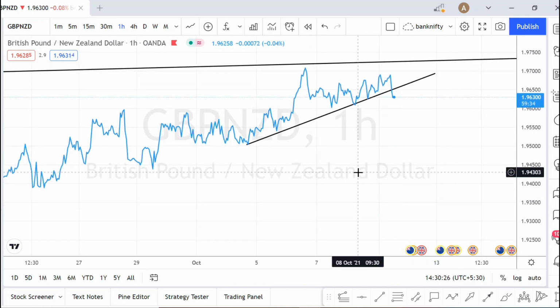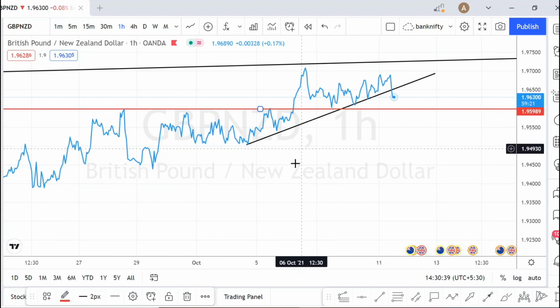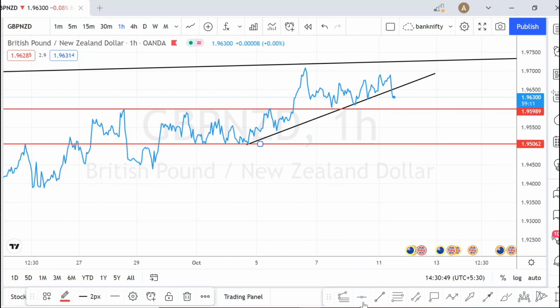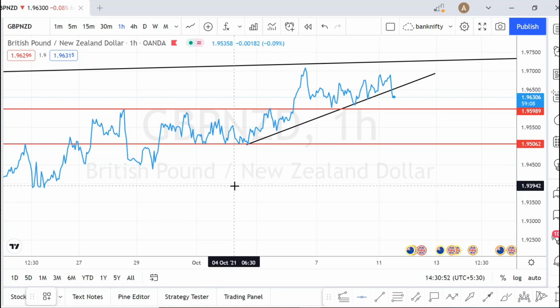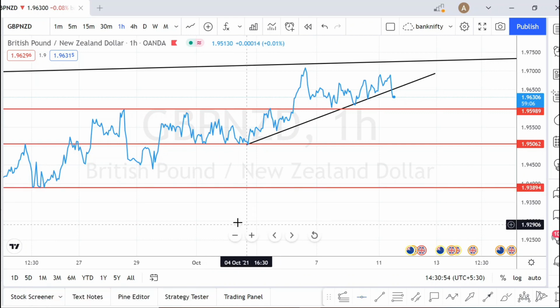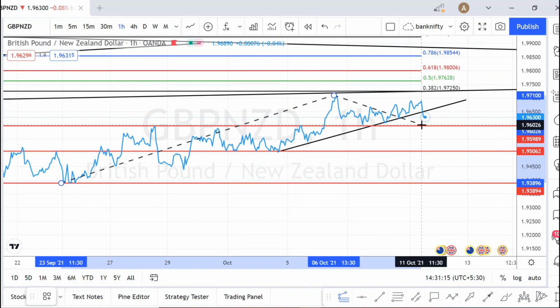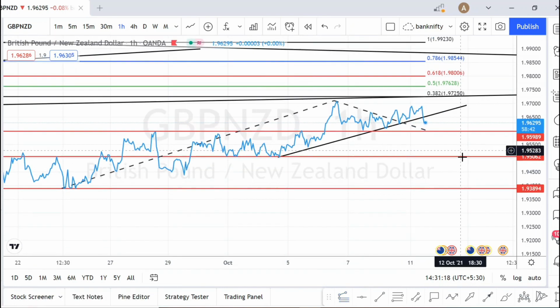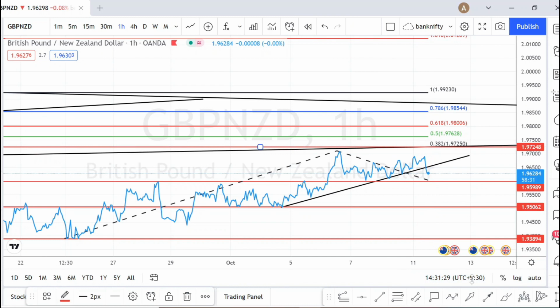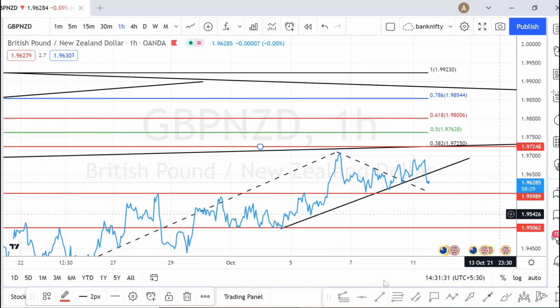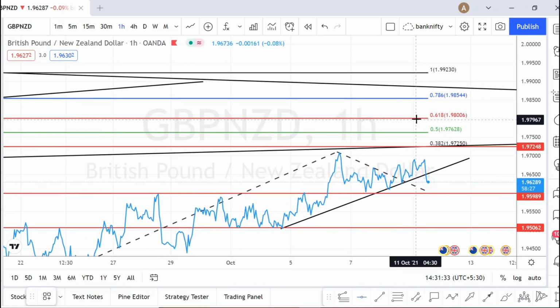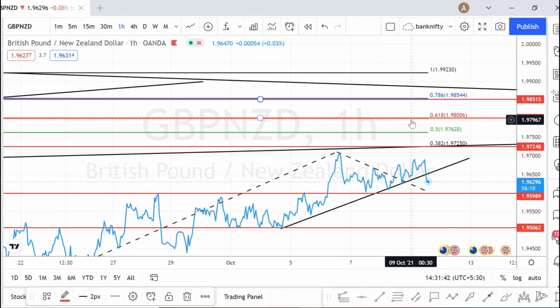Let us see the trading ranges now. This is going to be a strong support. Next support is going to be over here. Then next support is going to be over here on the downside. If it manages to go up, the upside levels are going to be, we use Fibonacci's extension tool. This is going to be the resistance. Next resistance is going to be over here, 0.618. Next resistance is going to be at 0.786. Let me mark the ranges.